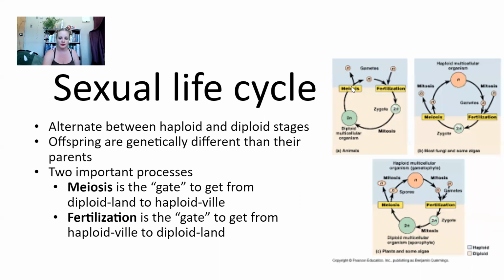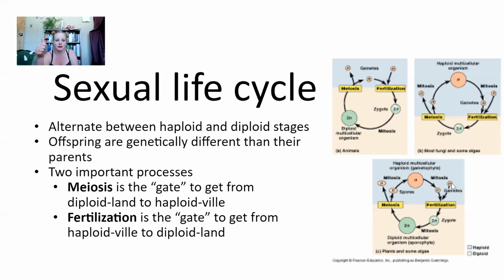Meiosis is occurring. It's going to make special cells that are going to become sex cells. Those sex cells will find each other, egg and sperm meet, fertilization happens, and now we're back to being diploid. It doesn't matter the complexity or type of life cycle you have, the things they have in common are: meiosis is the gate to get from being diploid into being haploid. Fertilization is the gate to get from being haploid to being diploid. We always see a diploid zygote when we have the fusion of our gametes.